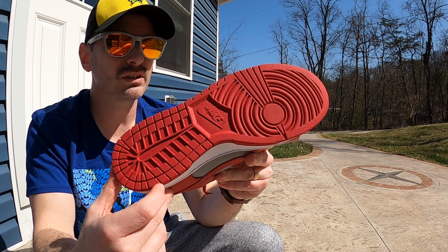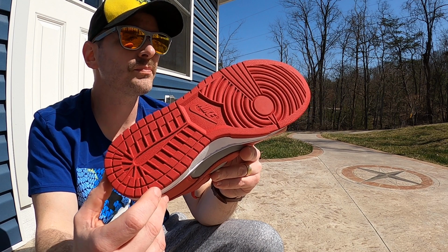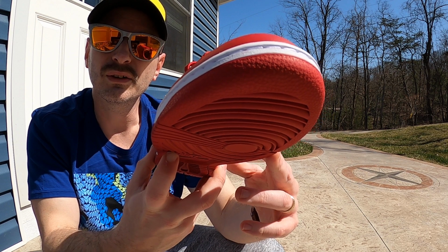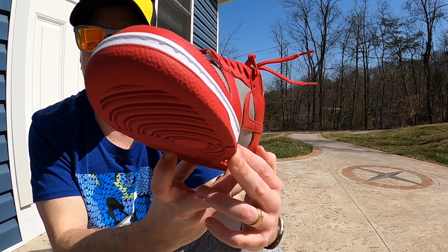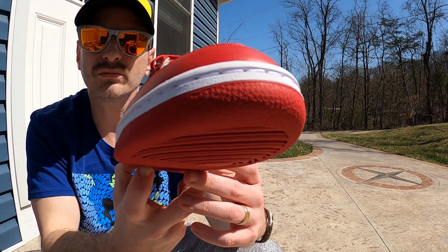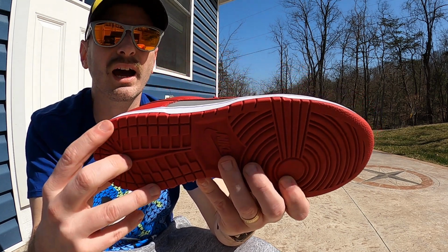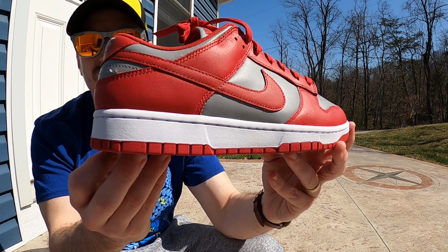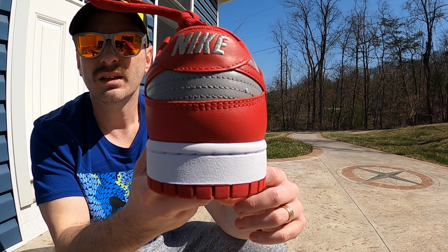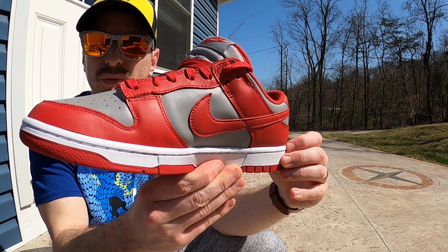You've got your standard Dunk outsole in varsity red, and it looks really nice. I always take a close look at those stars up in the front. They're a little low on this. They're not as sharp and as pronounced as I've seen on some Dunks. But then once you come up from that varsity red outsole, the midsole and the stitching in the midsole is all just a nice bright white. I think it really gives the shoe a nice clean look. And then coming up from that midsole,